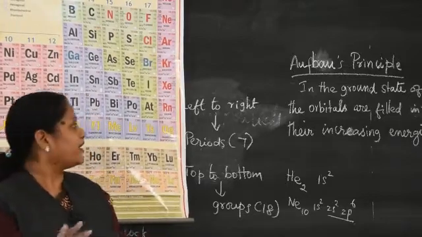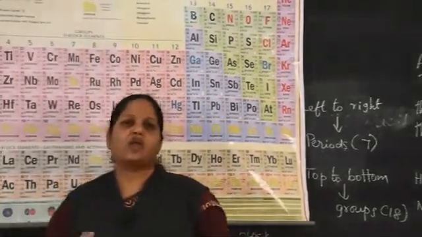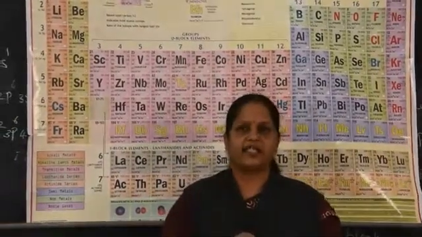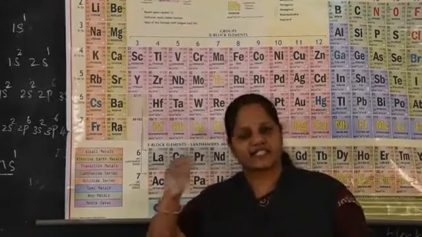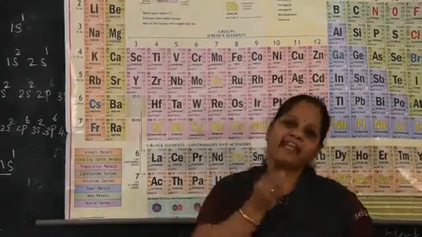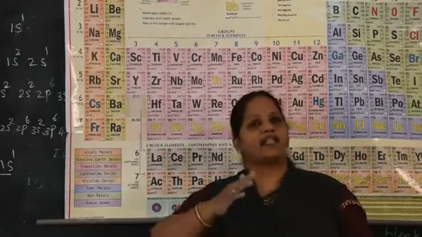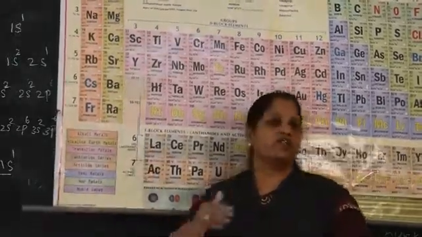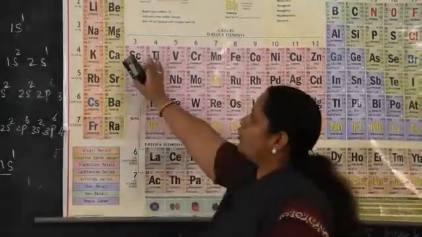That's why I will now talk about what the meaning of valency is. One more term is called oxidation number, otherwise called oxidation state. What is the main difference between valency and oxidation number, otherwise called oxidation state? We will discuss one by one with a suitable example. Clear, boys?